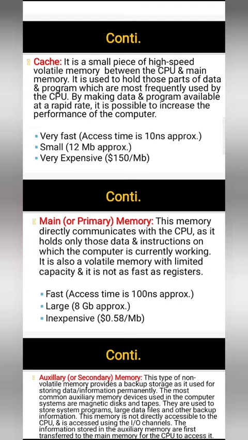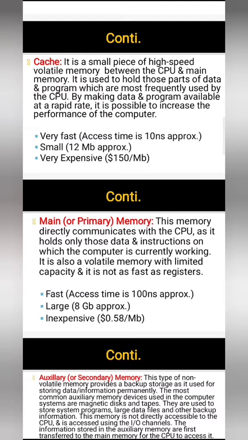So main memory is the memory where we are going to have our data and instructions on which a CPU is currently working. All those data or instructions which are currently under execution by the CPU will have to be in your main memory unit. Now, this memory is also a volatile memory. It again has limited capacity and it is not as fast as your registers. Fine. So, a few characteristics: this memory is fast but not as fast as your registers or cache memory, and its access time is approximately equal to 100 nanoseconds.